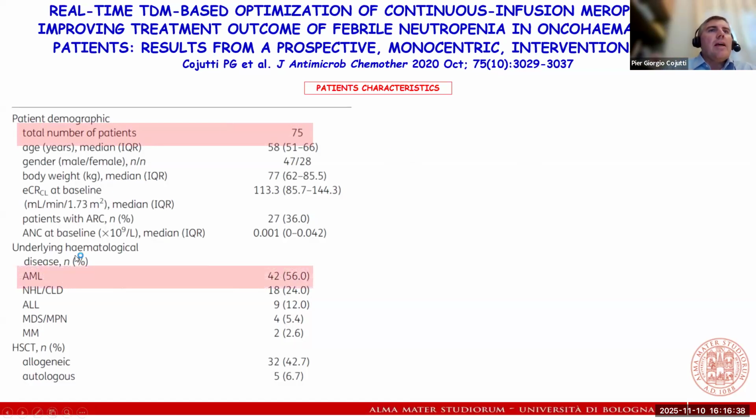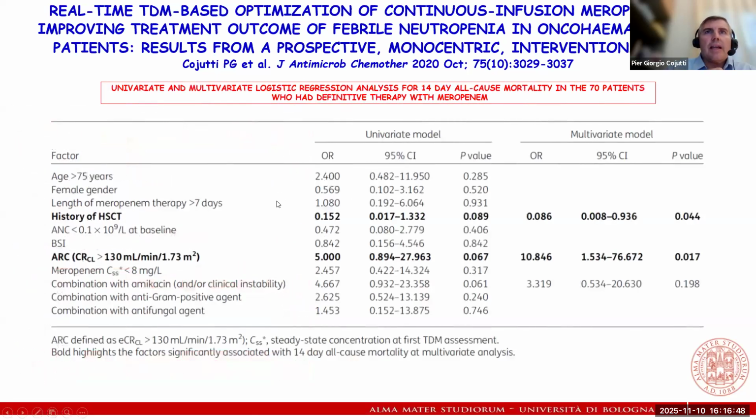You can see here more than half had acute myeloid leukemia, and 42% of them received an allogenic hematopoietic stem cell transplantation. And if we look at the multivariate analysis, the factors which affected all-cause mortality at regression analysis, well,